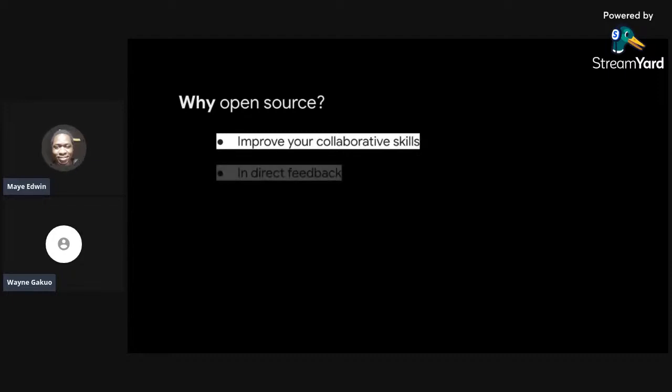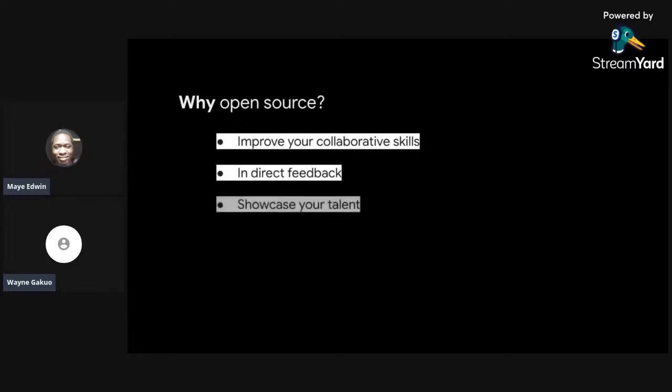And then indirect feedback or direct feedback. So indirect feedback, in the sense that you see people starring your project on GitHub, for example, or you have a technical documentation like us, and you can see thousands, millions of people actually using it. Remember, it's free. So for example, we need to buy a domain every year. So it motivates you to keep purchasing this domain, so that you can avail these resources to other people to use. So indirect feedback, that is it. And the direct feedback is people actually contributing PRs, hot fixes, and bugs, and that entirely rolls back to boosting your confidence. So all these benefits are actually correlated. They come after each other.